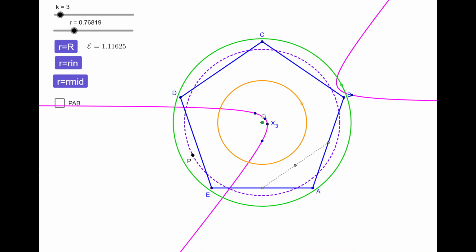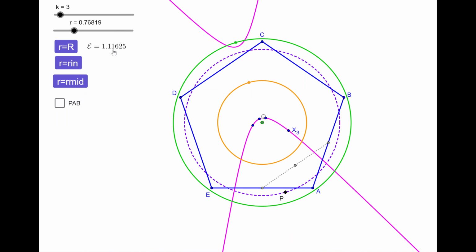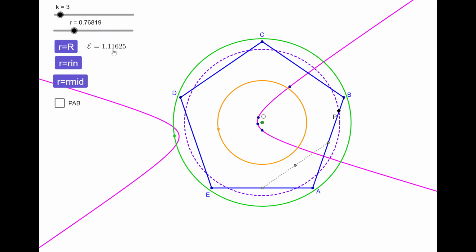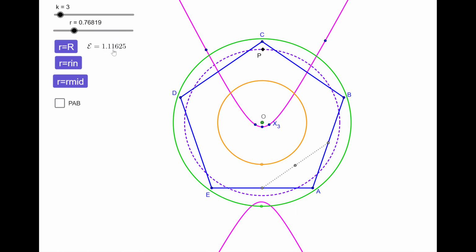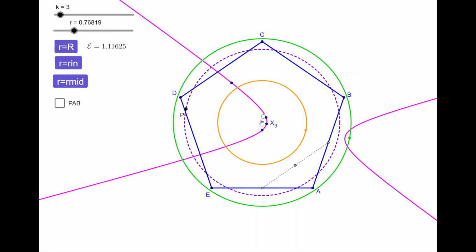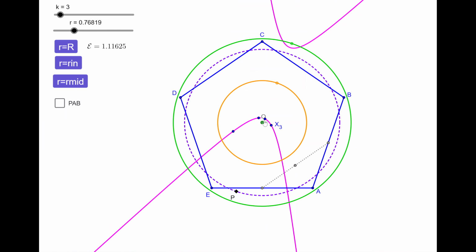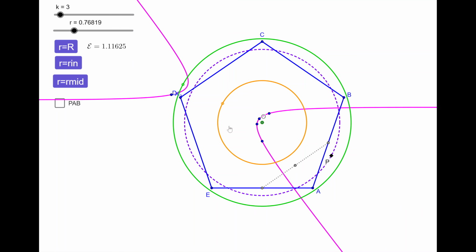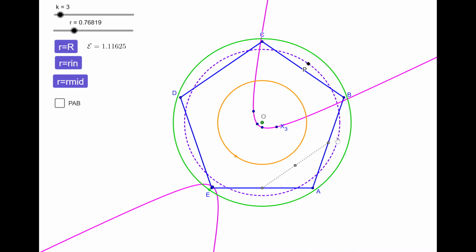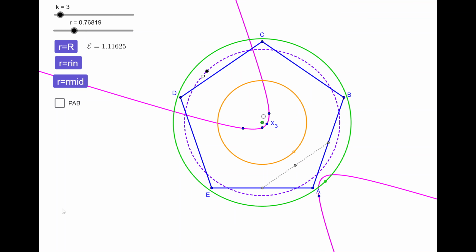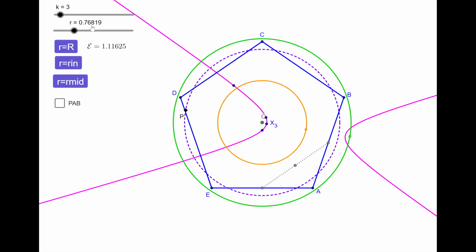So you can see here that my eccentricity is greater than 1 now. So it's a hyperbola. And you have one of the foci of this family of hyperbolae still at the centroid O, and the other focus is moving along a circle. Okay, so if I keep increasing the radius,